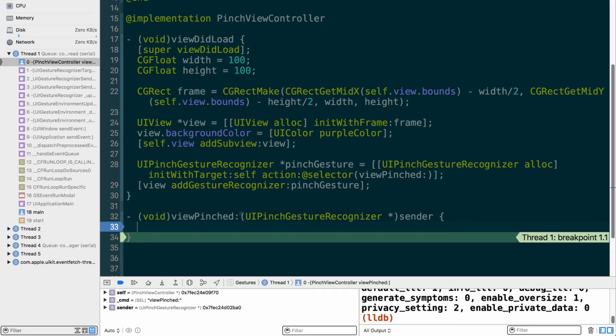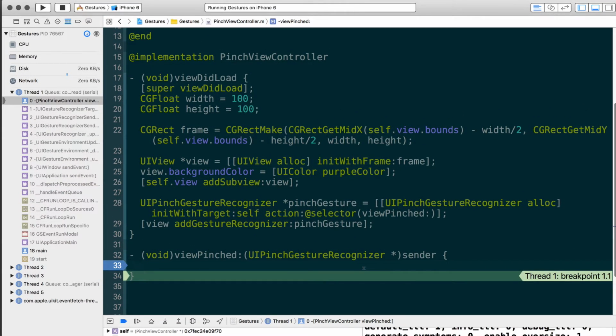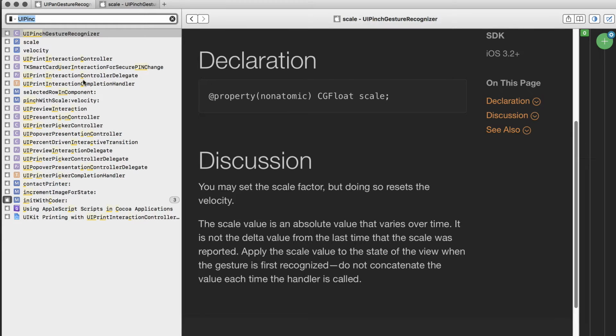So here we are here in the view pinched method. So what we want is we want a scale factor. So when we're pinching, we have 2 points on the screen, and as we move our fingers in or out, we get a value that is a scale value, and we would like to get that value and set that on our view. So if we just jump over to Dash here, I'm looking at the